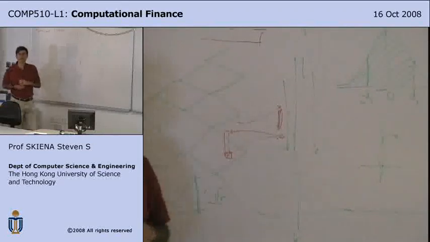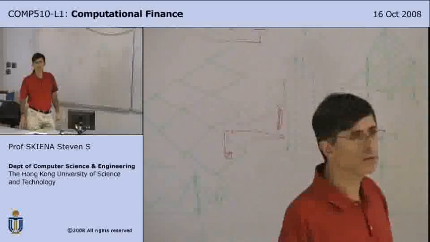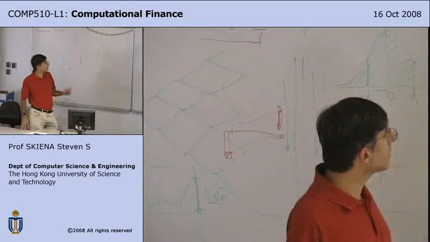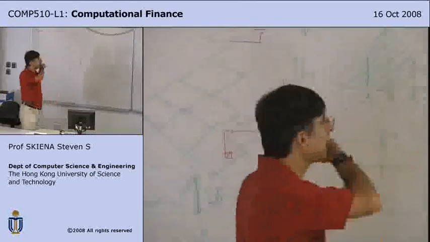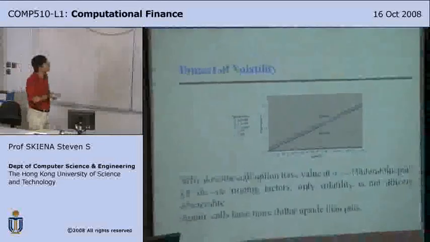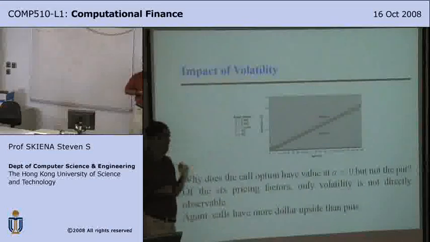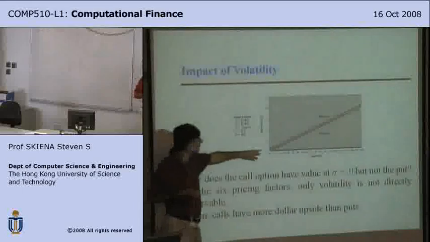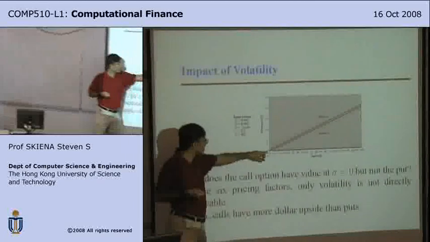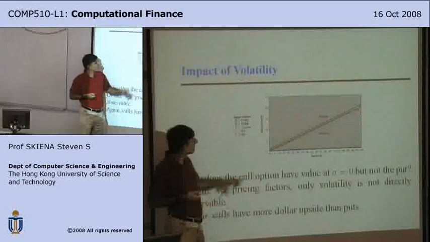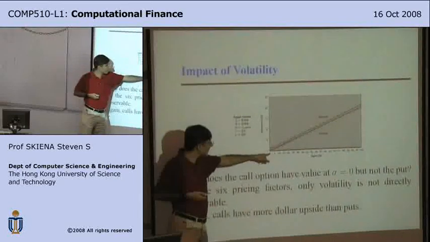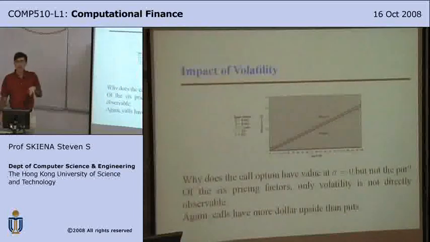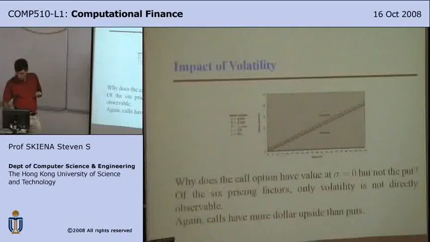Yes? But if there are dividends here, it will compensate maybe? Factoring in how dividends are treated, that's an interesting question, and now it is more complicated to think about. According to this one, the dividend rate is 0, so that's not really it. The important thing from our point of view is that there is some asymmetry between call and put near volatility 0, which you can reasonably explain. In general, the value increases linearly with volatility. Any questions? Okay.